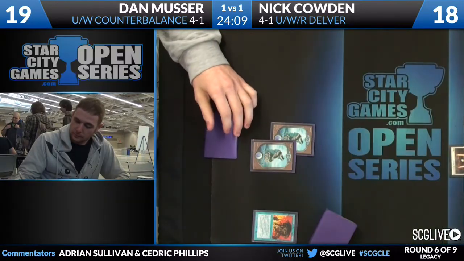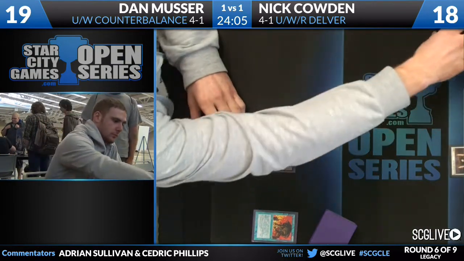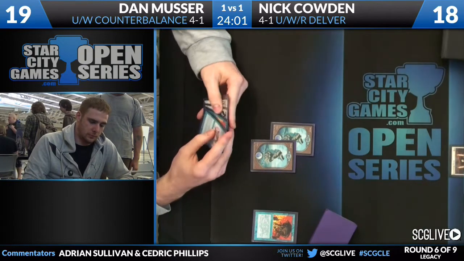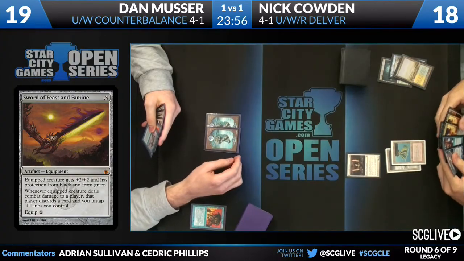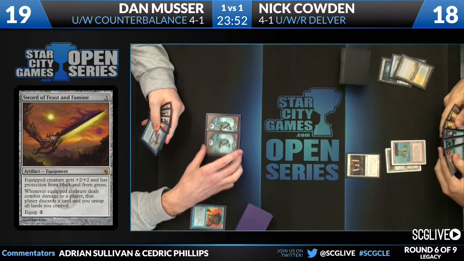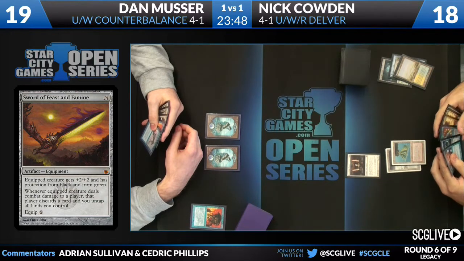We see Sword of Feast and Famine fetched by that Stoneforge Mystic. Nick Cowden probably feels pretty good as long as he's able to have this Sword of Feast and Famine picked up by somebody. Untap. You can see an Energy Field in Dan Musser's hand, a Force of Will, a Swords to Plowshares, and